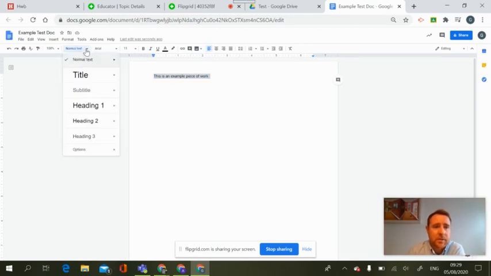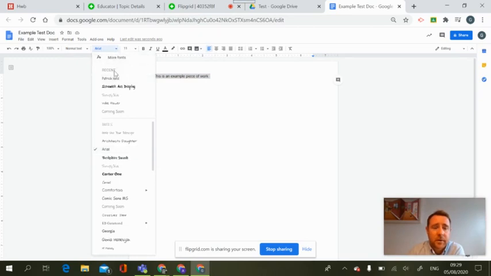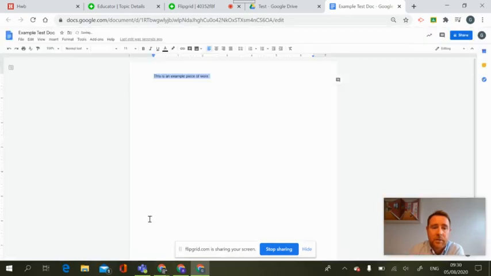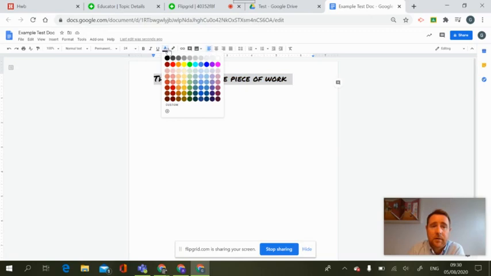I'm able to change the text into different styles. I've then got my different fonts. Because it's an online word processing app, you don't get the full array of fonts automatically, but if you click on more fonts, it does allow you to go in and select from different fonts that you may wish to use in your work. So you can edit it that way. So we can also change the size of the fonts, and also we've got the bold, underline, italics, text color,